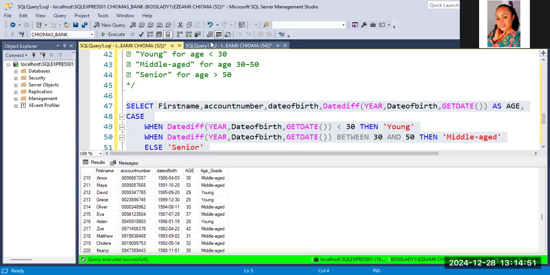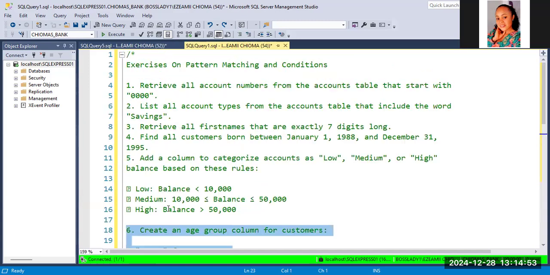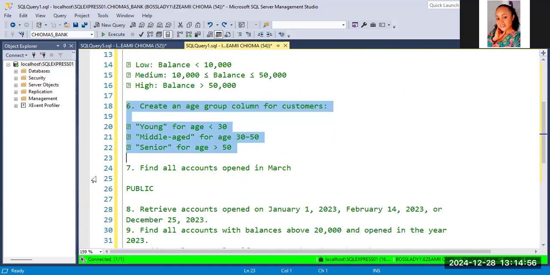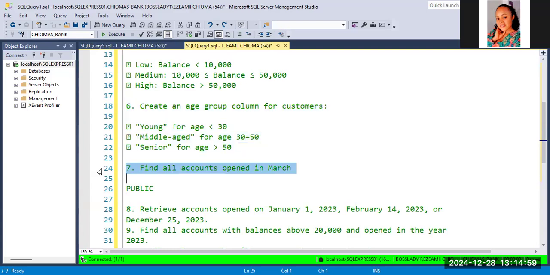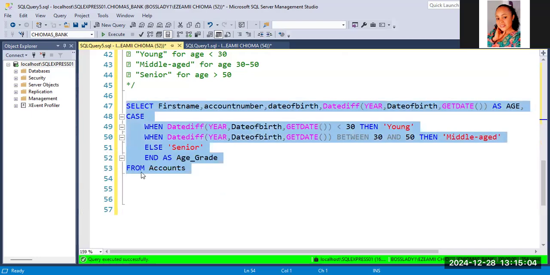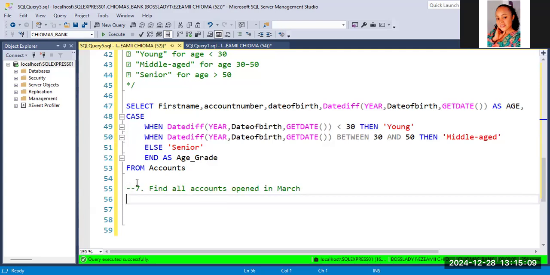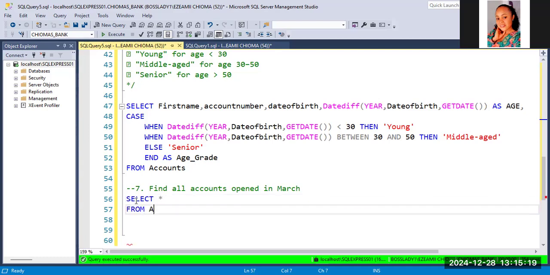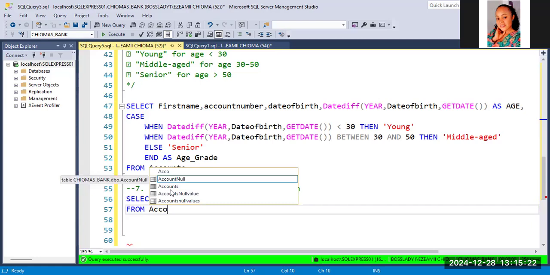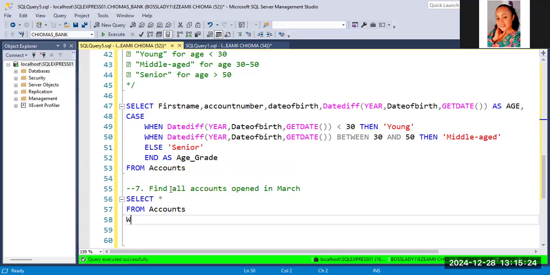So let's move on to the next question, that's question 7. Find all accounts open in March. All accounts that were open in March. So this is also pattern matching, right? So let's select everything from accounts where,